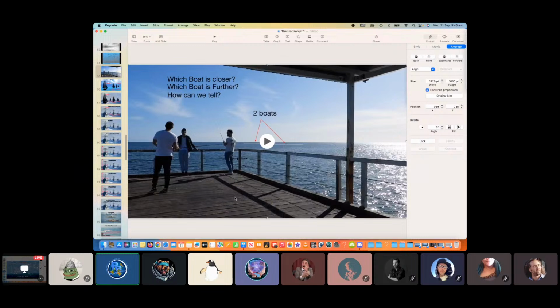But yeah, so here we have that same thing. Which boat's closer? Which one's further? We can see this little boat here is larger. This little one here is smaller. This one's lower than this one. But what I'm doing here is the railing is about 1.5 feet lower than my camera. The camera is leveled out so that my little green horizon line was put right on the horizon, and the camera's about 1.5 feet above the railing.